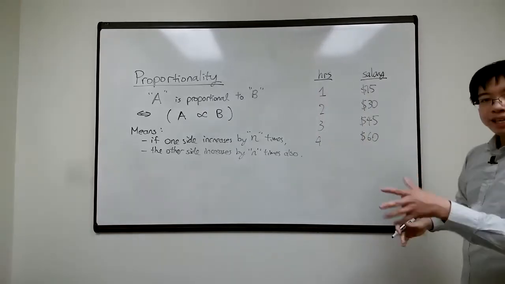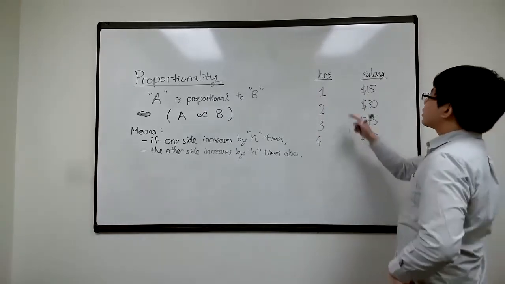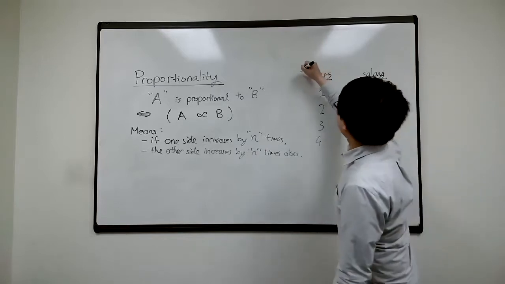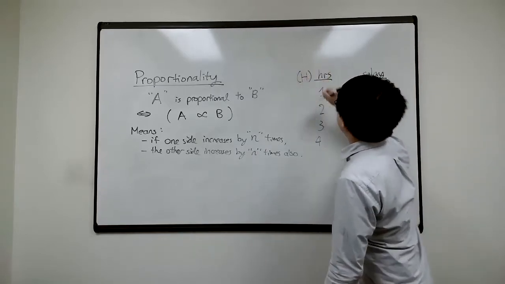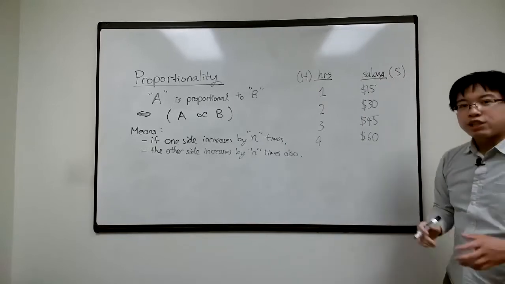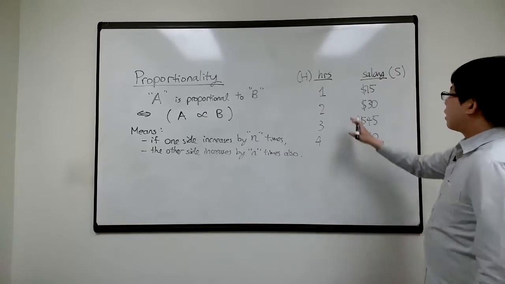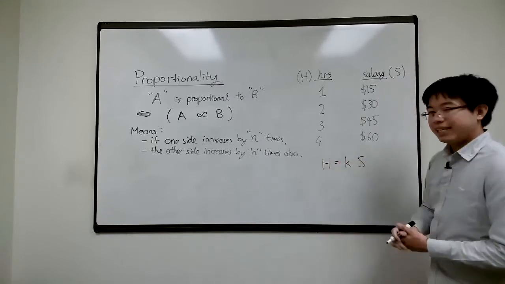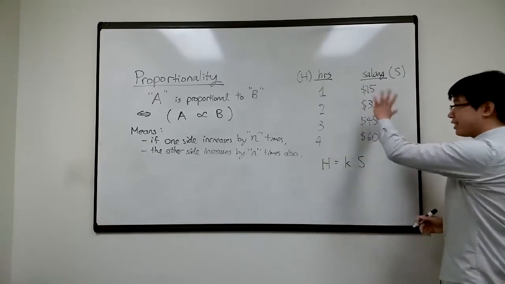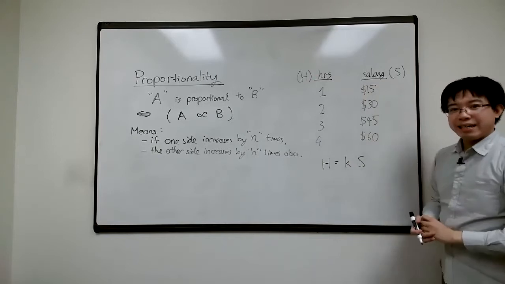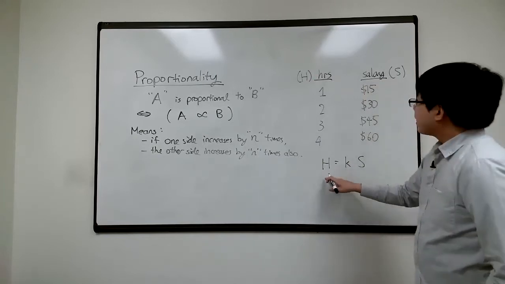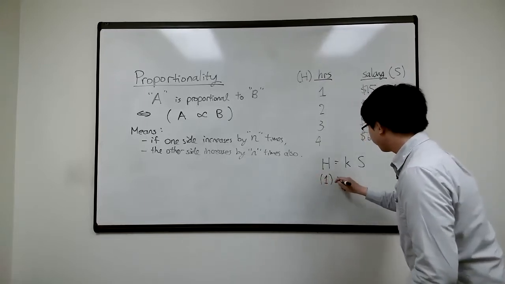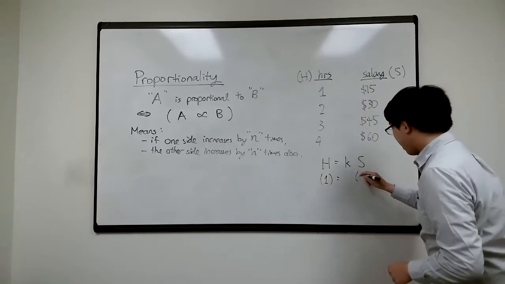All right. So how do we write down an equation or relationship for this? First of all, let's give them symbols because I don't want to write English. Remember, we are lazy people, right? So let's call the number of hours H, and the salary S. Okay, so what you can do is say that if I write an equation like this, H equals K times S, let's see if that captures this relationship between the number of hours you work and the amount of money you get, right? So if H equals 1, what does that mean? So let H equal 1. Well, salary, I get $15.